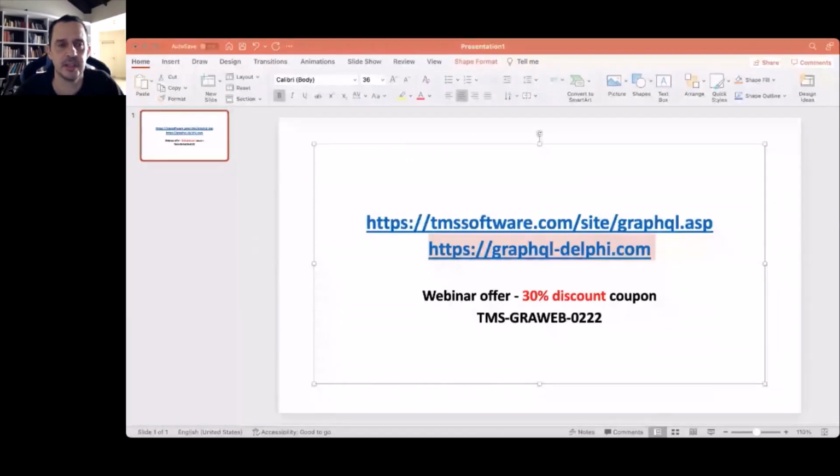We have to create a place in the TMS Support Center for GraphQL for Delphi, so you can go there and ask questions and propose features. Download the free edition. It's free for everyone. Play with it, and let's see how it goes. We have lots of plans for the next features, but now we need the feedback to know what we'll be implementing first.